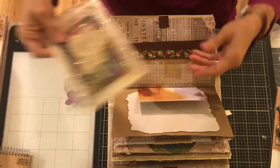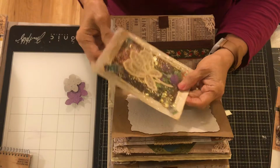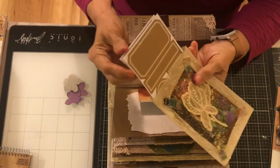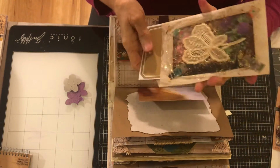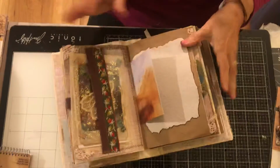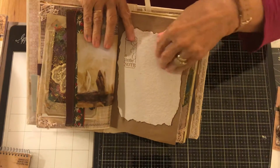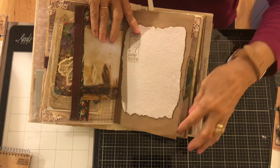And then this is actually a glassine bag that I kind of went wild on, and then I put a couple of pages of stickers, labels, however, that can go in here. And then this is actually handmade paper that I tore out of a book and glued onto the